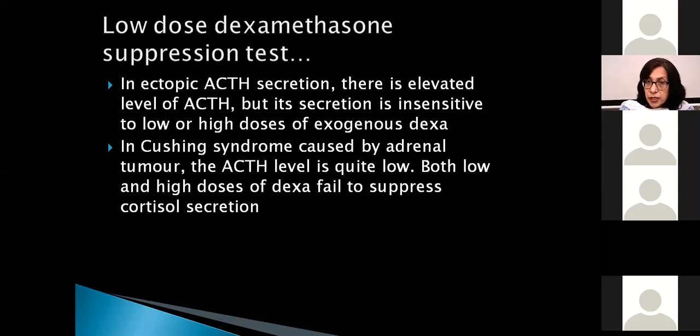In ectopic ACTH secretion, where there is secretion by some other tissue, dexamethasone will not suppress this. So the secretion is insensitive to low or high doses of exogenous dexamethasone. In the pituitary type, with low or high doses of dexamethasone, the pituitary can become suppressed. But in ectopic ACTH, it will not become suppressed even if you give high or low doses. In Cushing syndrome caused by an adrenal tumor, if there is an adrenal problem, the ACTH level is already low. So if you give dexamethasone, there is no suppression of cortisol. So this is how you diagnose which type of